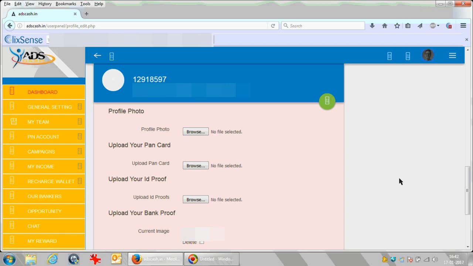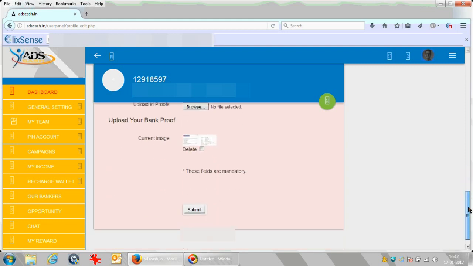You can scan your PAN card and upload it here, and you can use the same as your ID proof. And for a bank proof, make sure whatever page you are uploading contains your name, your account number, and IFSC code. After uploading it, click on submit.